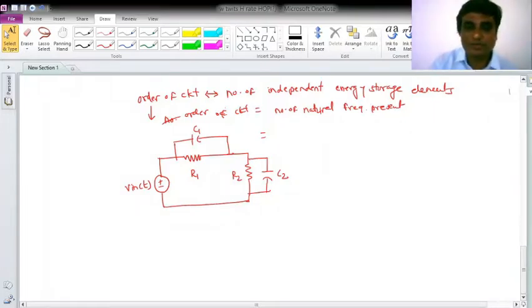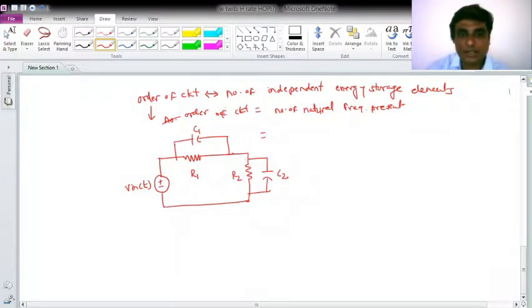So what is the order of the system by looking at the network? Now there are, I know, two energy storage elements, C1 and C2. So do I have the two initial conditions that I can set independently? Now let us see whether really, now I have a confusion regarding the order of this, whether it is 2 or 1. Right? So suppose now this Vin of t I have, this source voltage, that is some value, right? So do I have two different initial conditions which I can set?